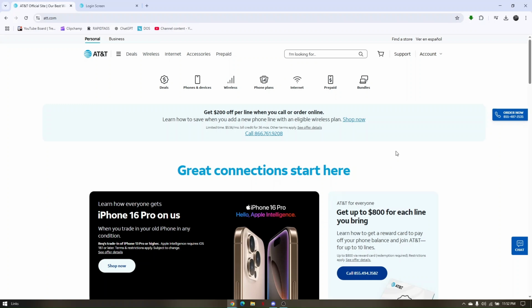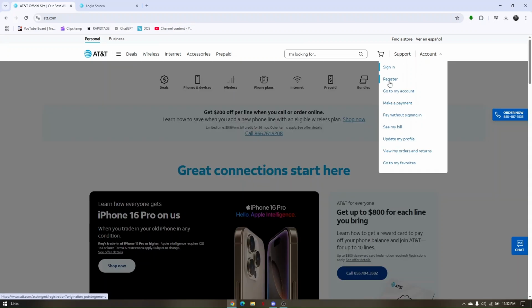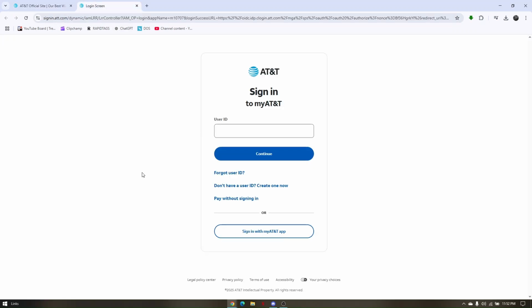create an account. Now, just hover your mouse around the Account portion, click on it, and then go to the Register tab. Once you click on the Register tab, you will be redirected here. Now click on Don't Have a User ID and then click on Create One Now, and you will be redirected